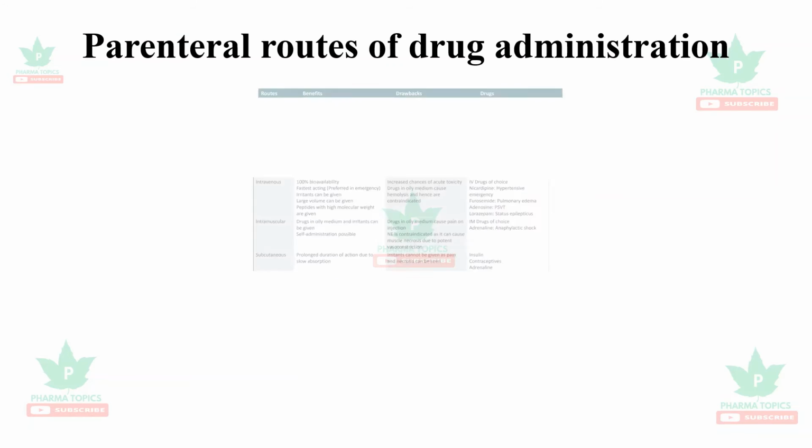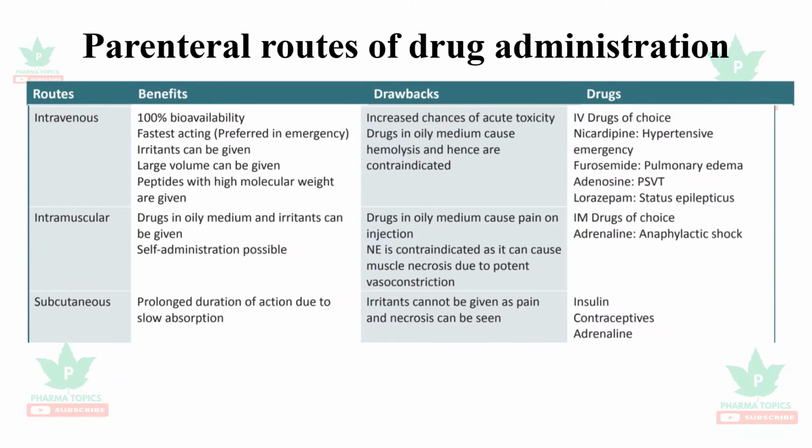Let us see the different parenteral routes of drug administration. First is the intravenous route. It has 100% bioavailability. It is the fastest acting route, so it is preferable in case of emergencies. Irritants and large volumes could be administered. Peptides could be administered by this route of